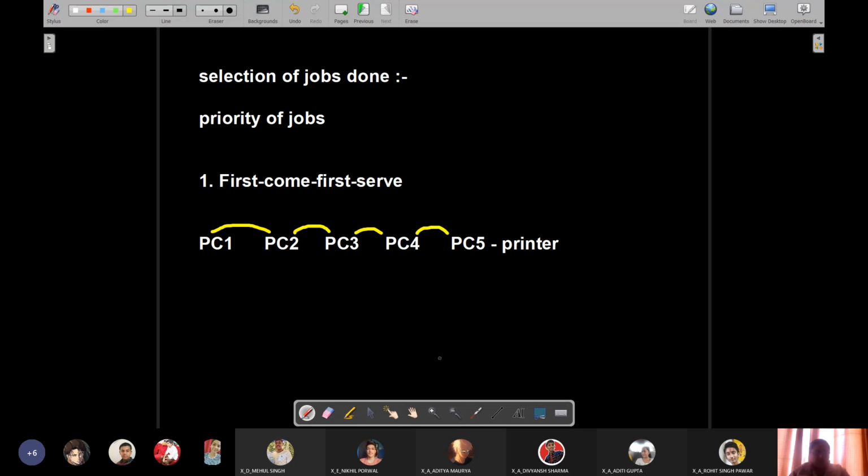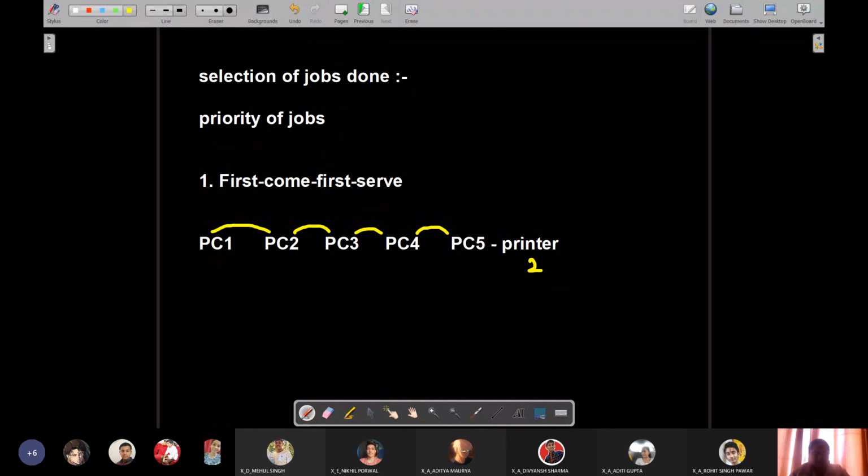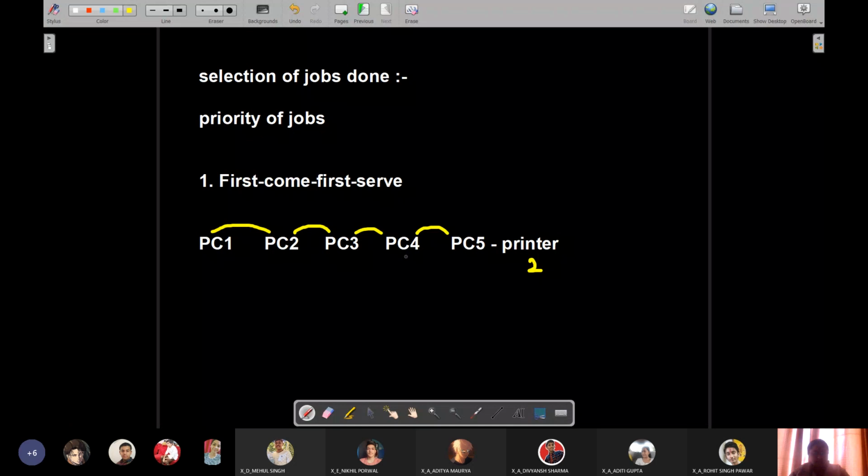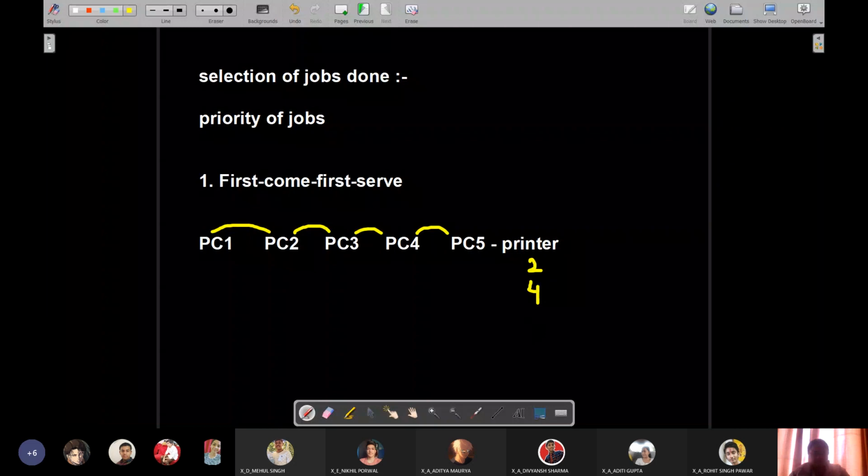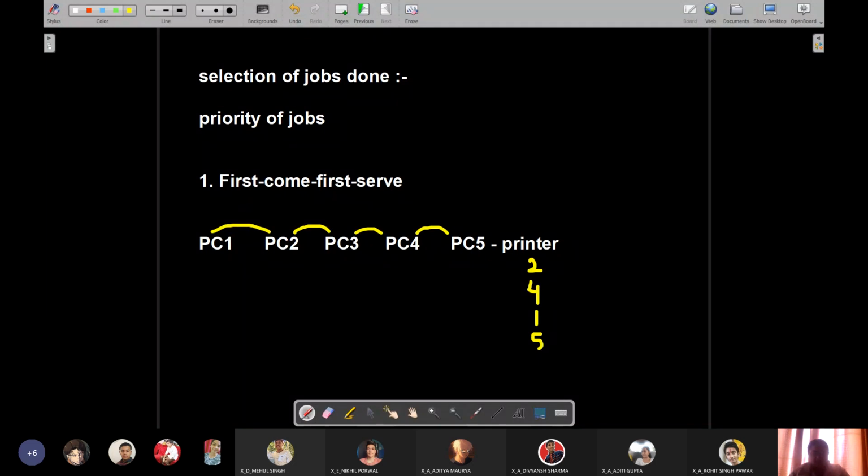Got it? So now there are different users who are sitting on each of these PCs. Suppose the user who was sitting at PC2 gives a print request. So what comes up over here? PC2's request first comes and gets into the print queue, right? Then the person who is sitting at PC4 wants to print a spreadsheet. So the next job is from PC4. The next one is from PC1. Next one is from PC5. Then PC2 again gives another print request. And last of all, we have PC3.